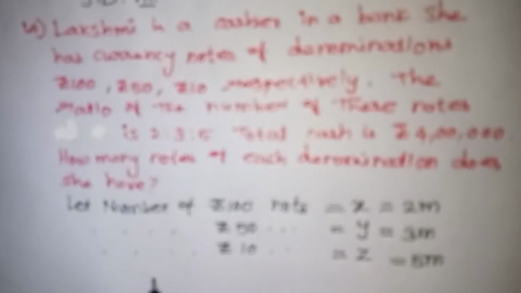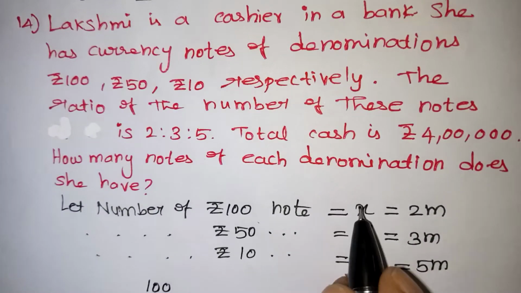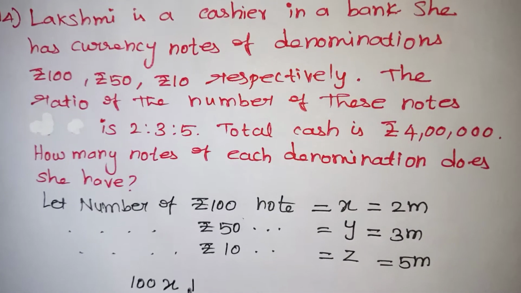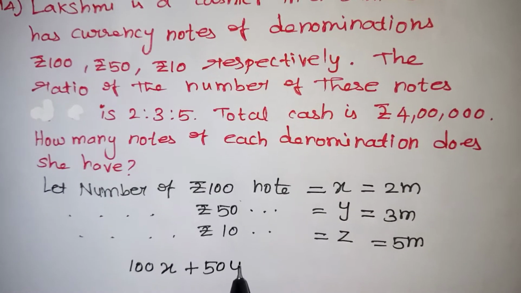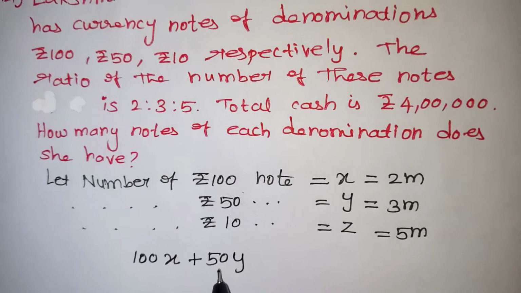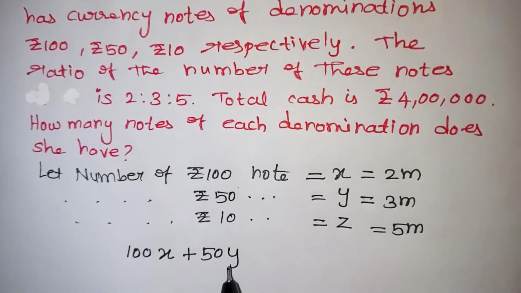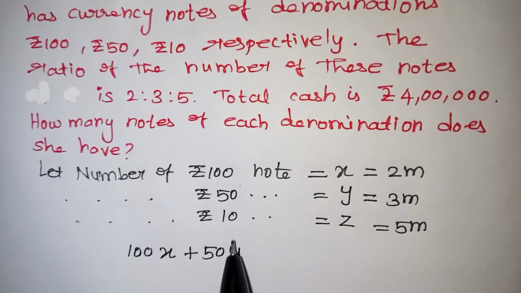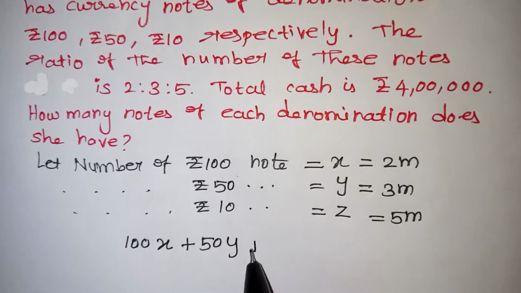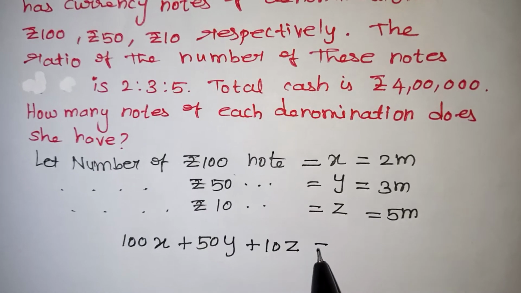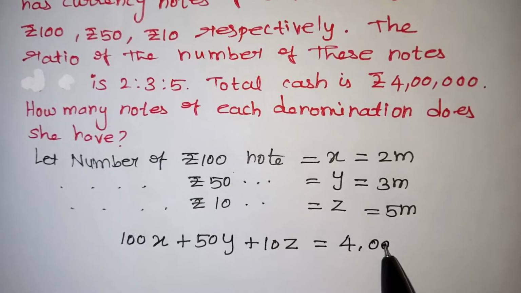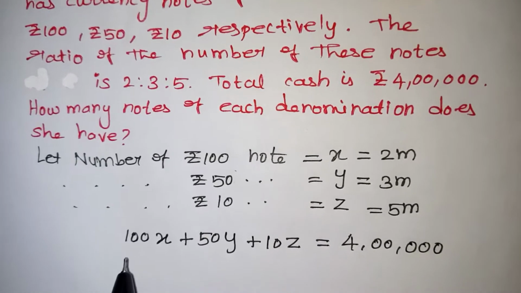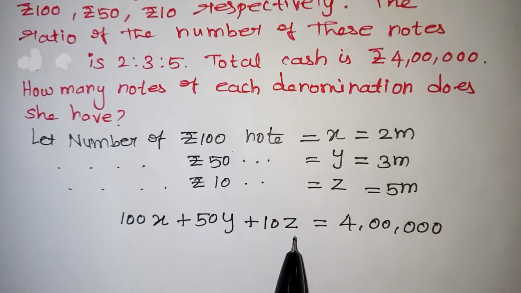So we have 100 rupee notes X times, that is the amount. 100 rupees X times means 100x is the value. Then 50 rupees Y times, so 50y will be the value. For 50 rupee notes, suppose 2 notes are there, means 50 twos are 100 is the amount. That's why we are multiplying. 10 rupee notes Z times, so the value will be 10z, which is equal to 4 lakh, that is given in the question. Now here X, Y, Z, all three different variables are there.